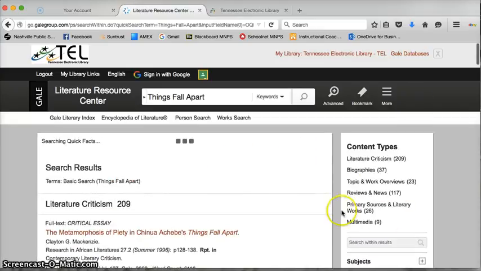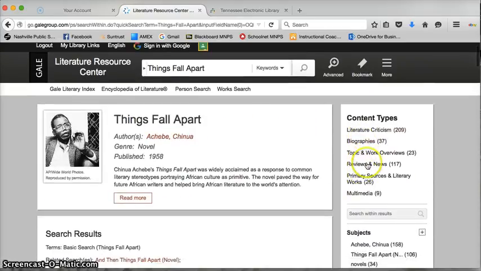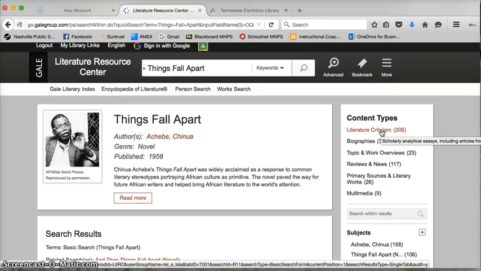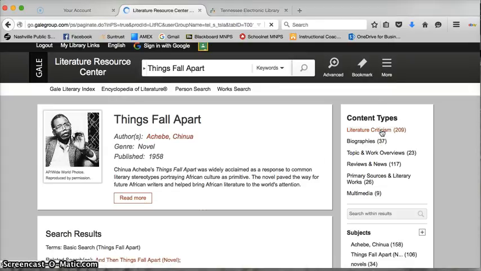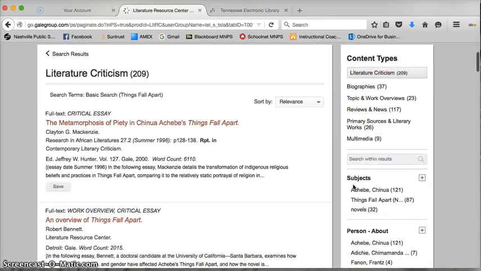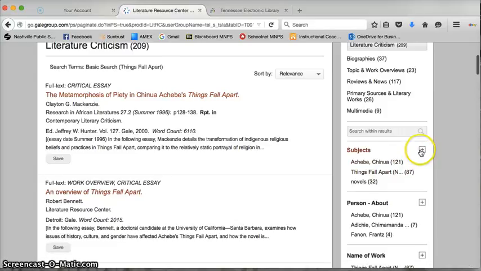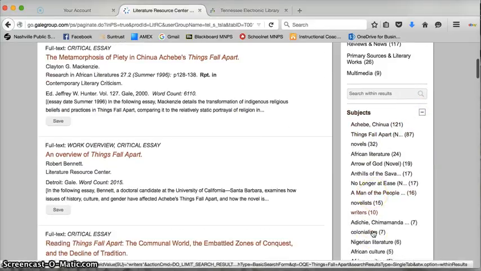All right, you see over here content types. There's a ton of different things. What you're going to want to focus on for this project would be literature criticism. So I'm going to click on that to narrow down my search. All right, if I scroll down, I can also see more. How about subjects? Maybe I want to do,